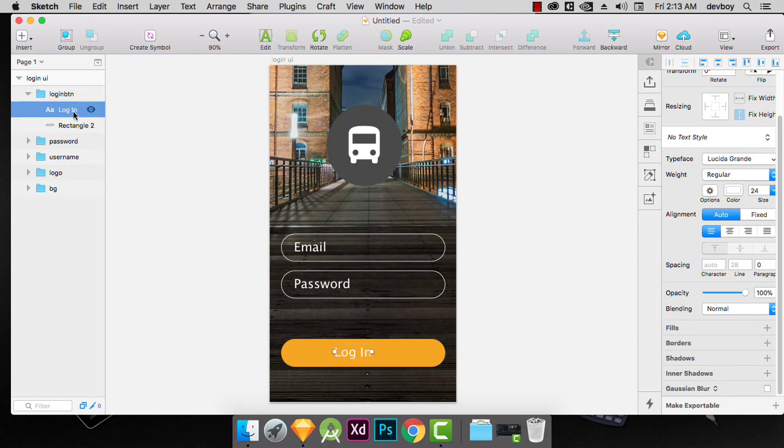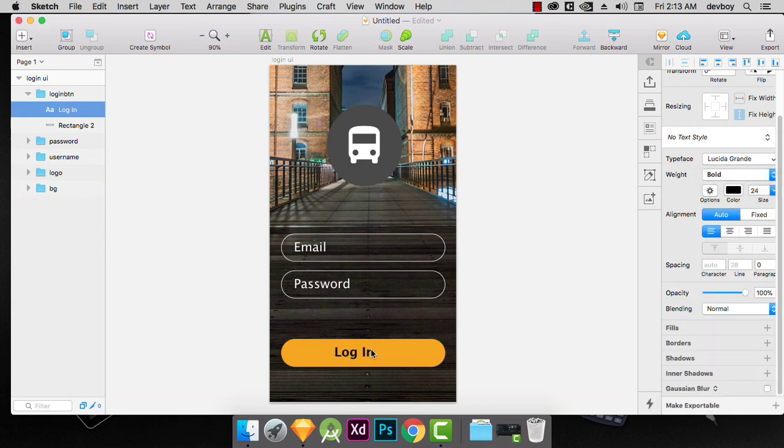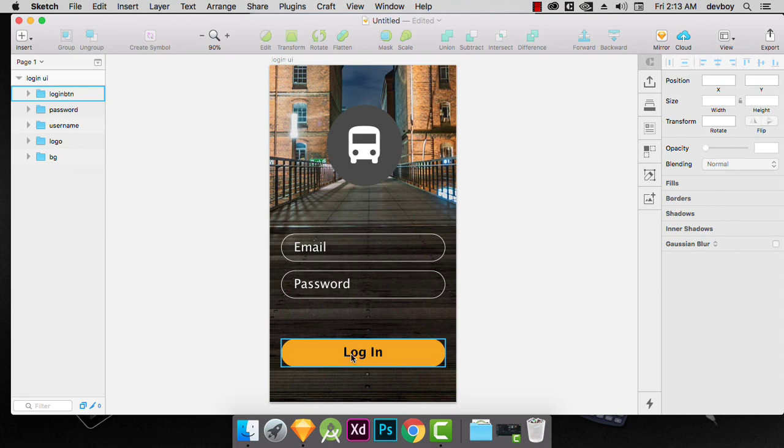Now just place it here and change its color from here. You can use black color or any other color from here, and make it bold so it looks very good. Yeah, this is it. We just created our first UI in SketchUp, and if you want to put a forgot password,